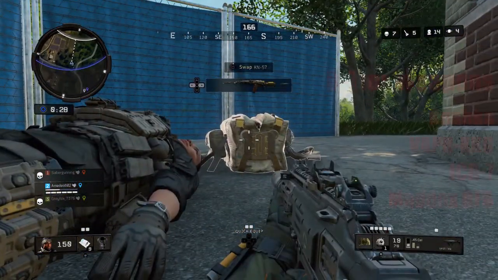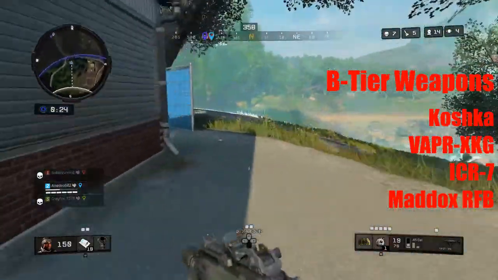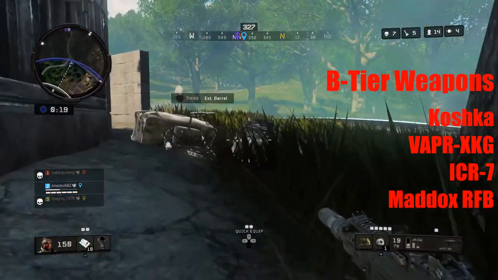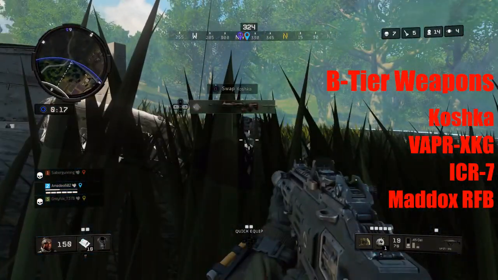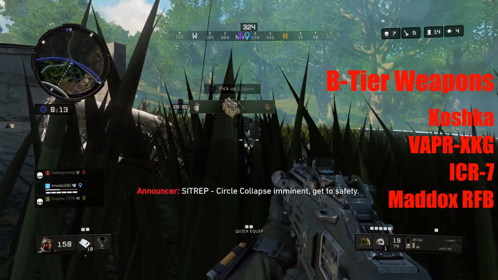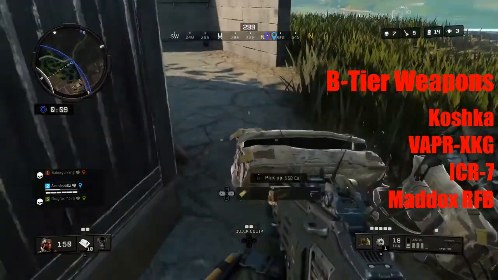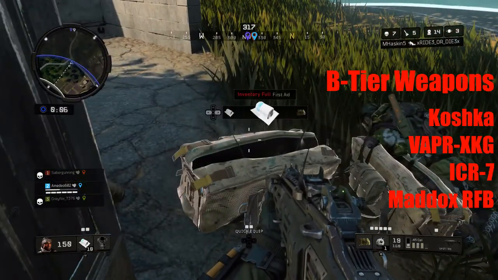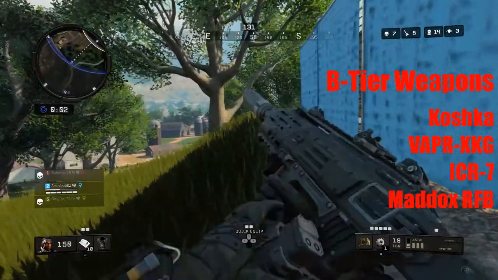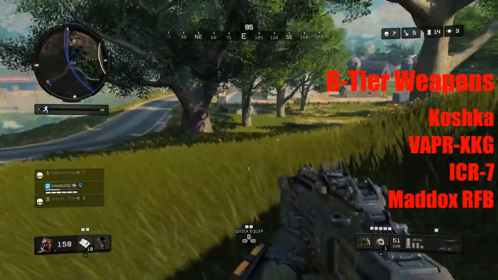Moving on down the list to the B tier weapons, and I'm not going to spend as much time talking about these just because I don't like the weapons as much. For the sniper rifles, I would put the Koshka, depending on how you want to pronounce it, as the B tier sniper rifle, just because it's got kind of all the weaknesses of being slower firing like the Paladin, but with none of the upsides. So you don't have the really high damage output of the Paladin. It does shoot faster than the Paladin, but to me,